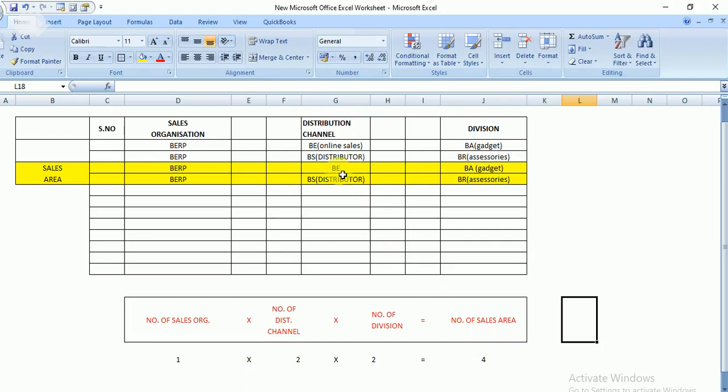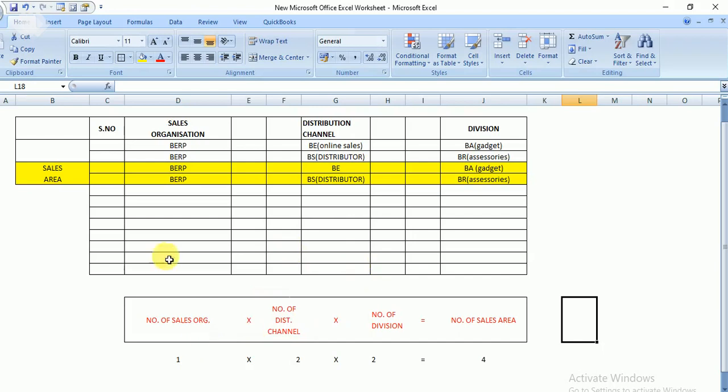That is, if I want to distribute this online sales for these accessories, I have to go for another sales area. Similarly, if I want to sell gadgets using the distributor sales, I have to go with another one. So to avoid these things, I have to go with the common divisions and the common distribution channels. So it comes into picture now.